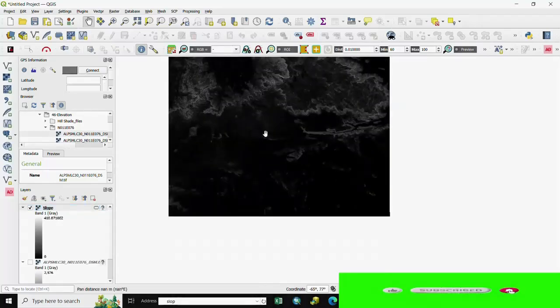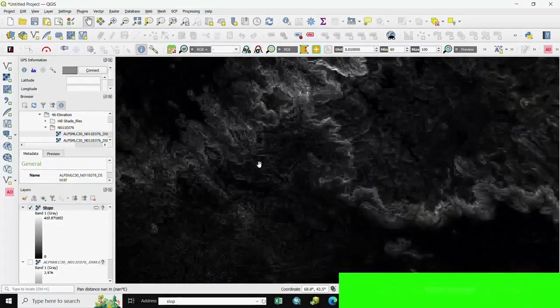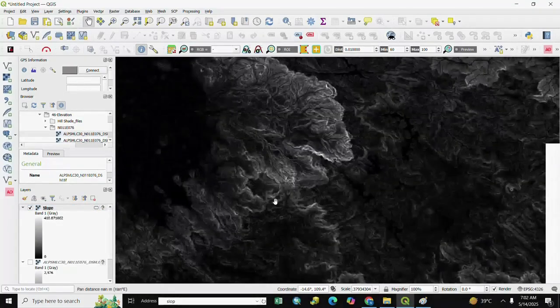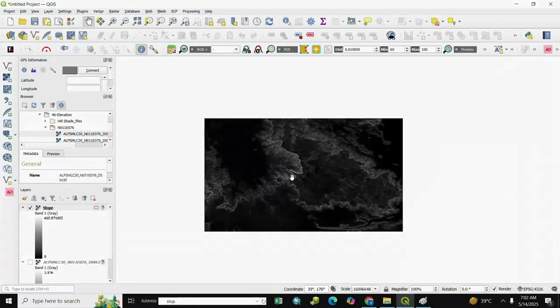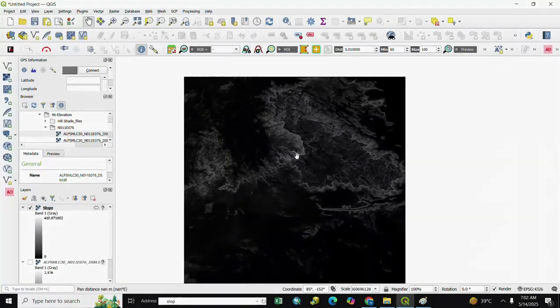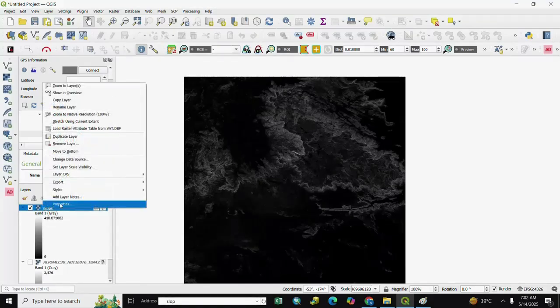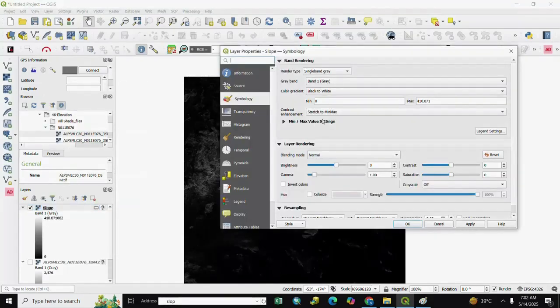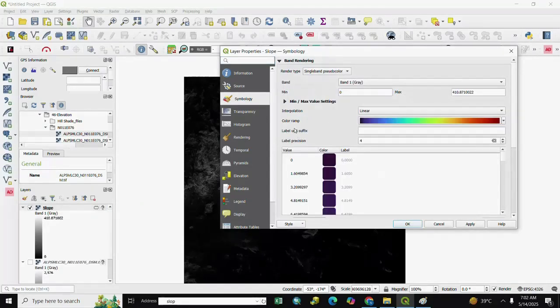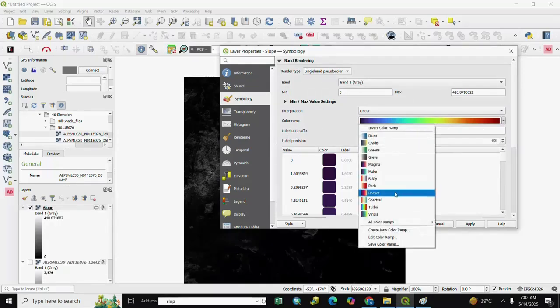Our output is here. You see your output, and if you want to change the color, you right click, go to Properties and select render type Singleband, and we select a color ramp as per your choice.